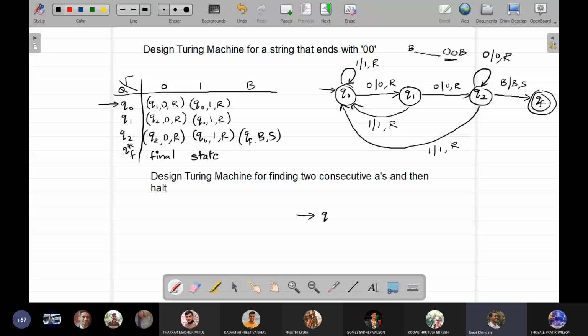So in Q0, any number of B's are there, you will just keep them as it is and keep moving to the right. One A comes in, you change the state. So A is kept as A and you keep moving